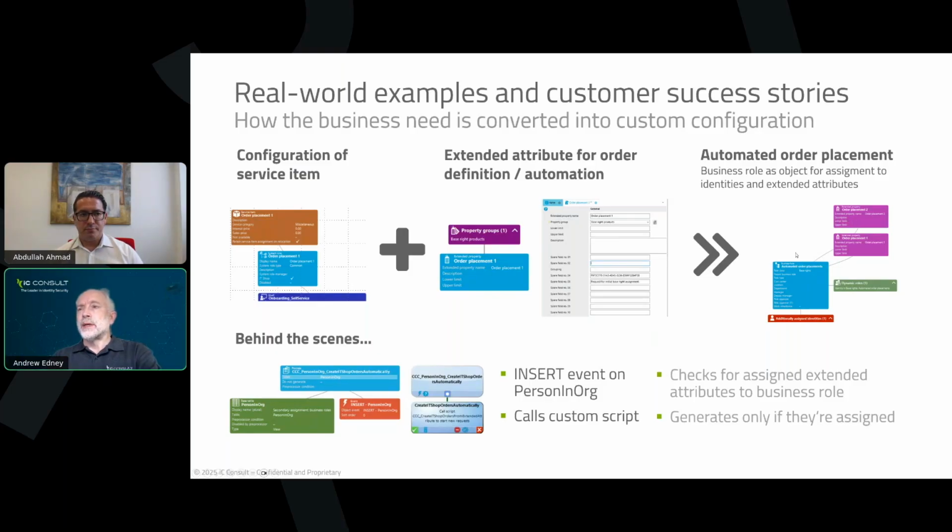Why did we do it this way? Well, simply because we wanted to put all the control into the hands of the team that are using the system. We wanted the business to be able to do this. We didn't want to say, well, you have to come to us as consultants all the time to make changes behind the scenes. It's all manageable through the front end. So a bit of configuration, a process, a script, and the system does the rest automatically for them.